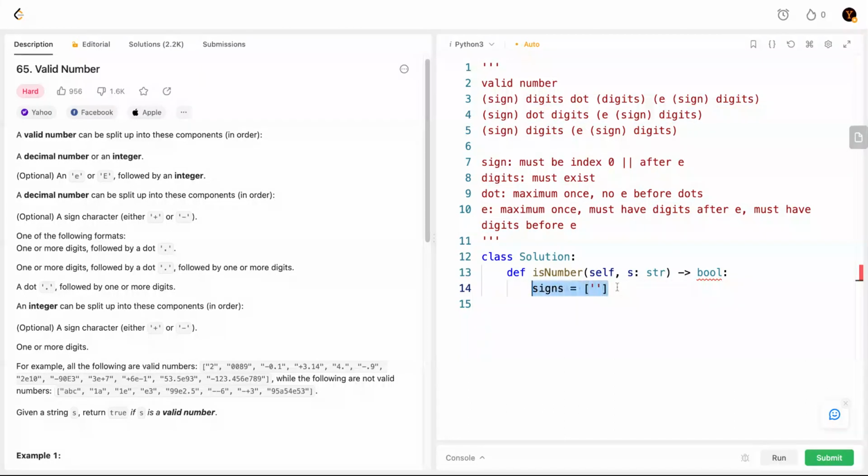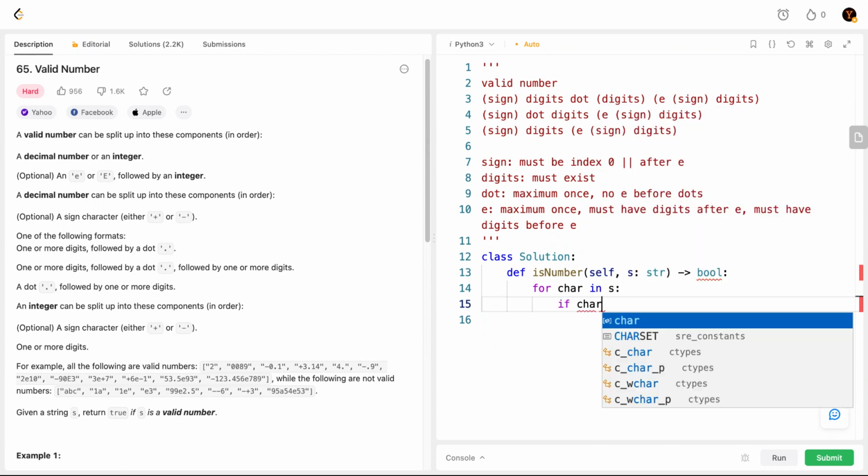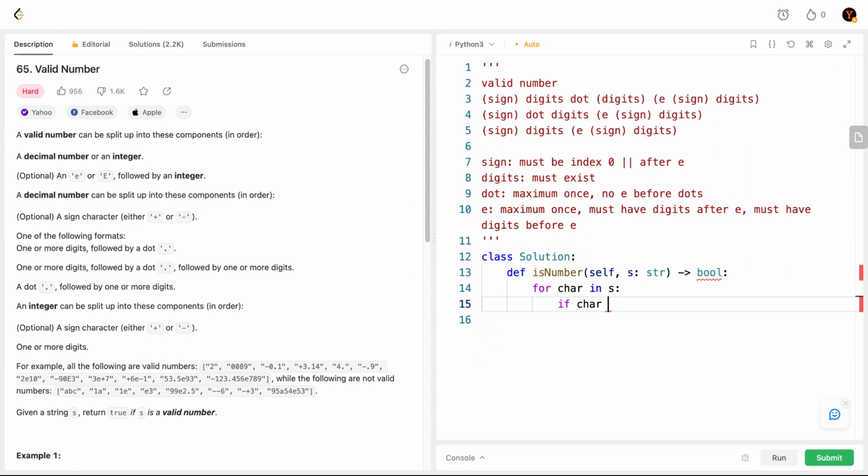Okay, so let's start it. So let's say for char in S, we're going to loop through. I think like let's say signs is plus and negative, right? So signs equals plus or negative. So let's try to check signs or not. If char in signs, then what we need to do is